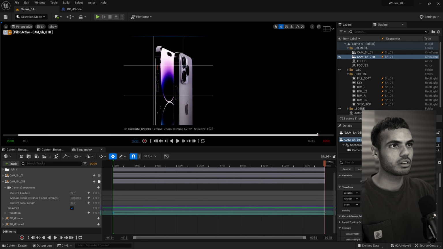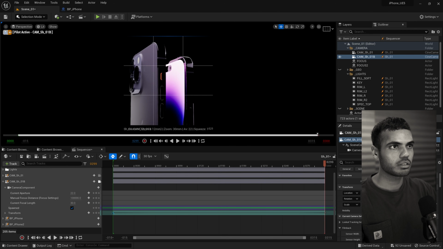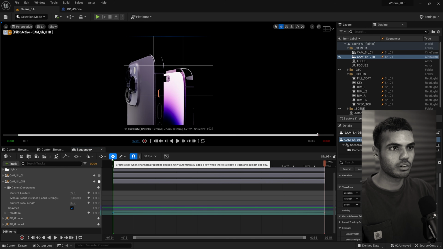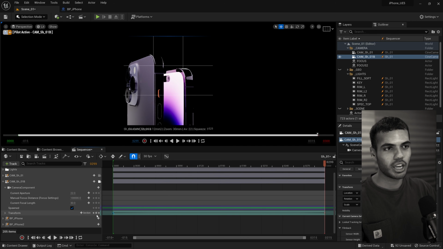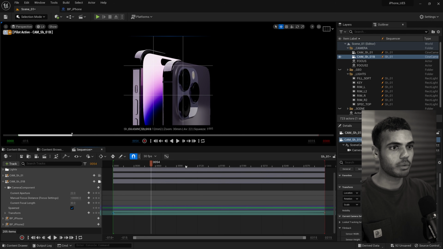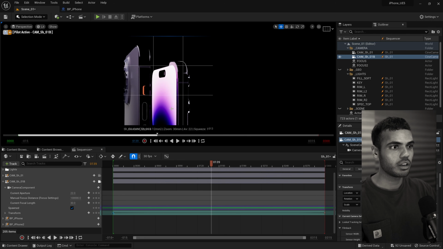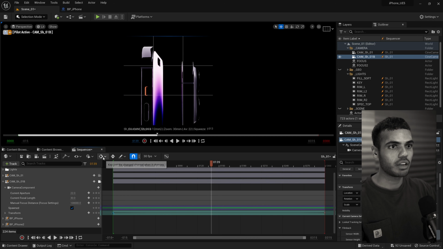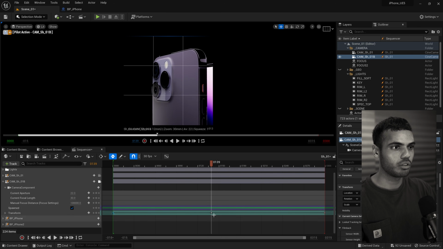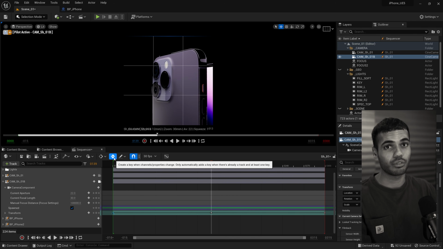Maybe it's something there, and boom. You can also have this auto keyframe turned on. So I was clicking it here. I actually didn't have to, but say I want my camera to be here. Now I'll need to click add a new key. But if I have this turned on, and I want my camera to be here, it'll auto make a new keyframe. So make sure you're very wary of this because you don't want to overwrite keyframes.